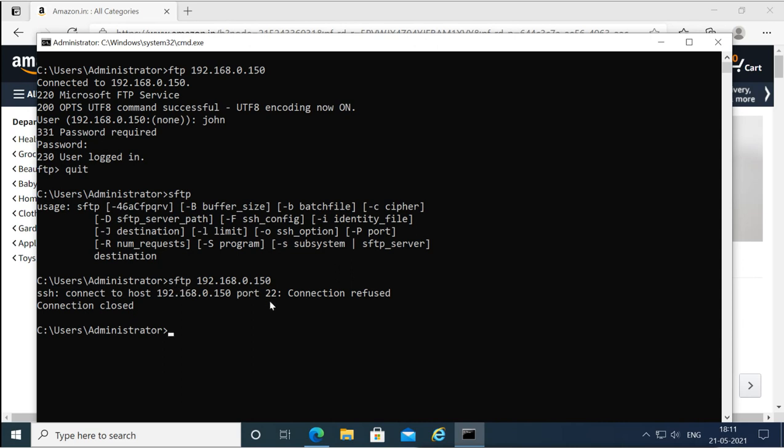The OpenSSH toolkit is now available on Windows machines, also on Windows 10, but as a client tool. We need a server there. This 192.168.0.150 is actually a Windows server, not a Linux server. This one is available on the Linux server. So if you are using FTP from a Linux server, you can use SFTP to create a secure connection.